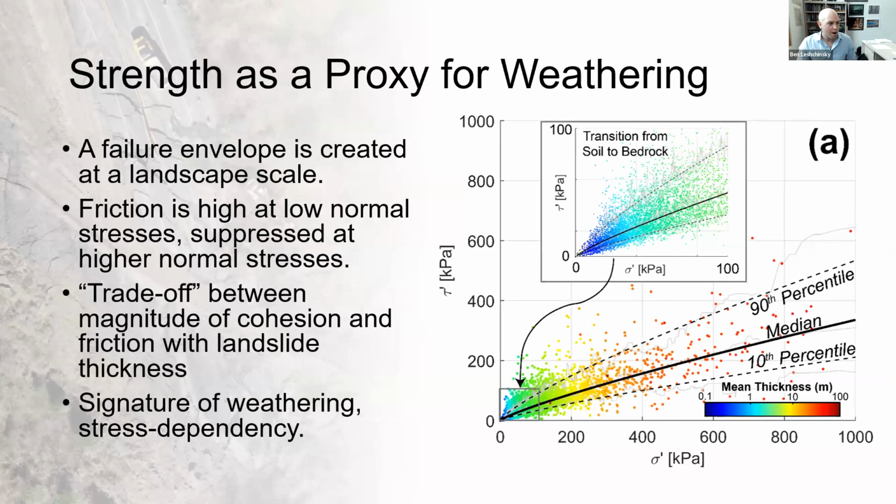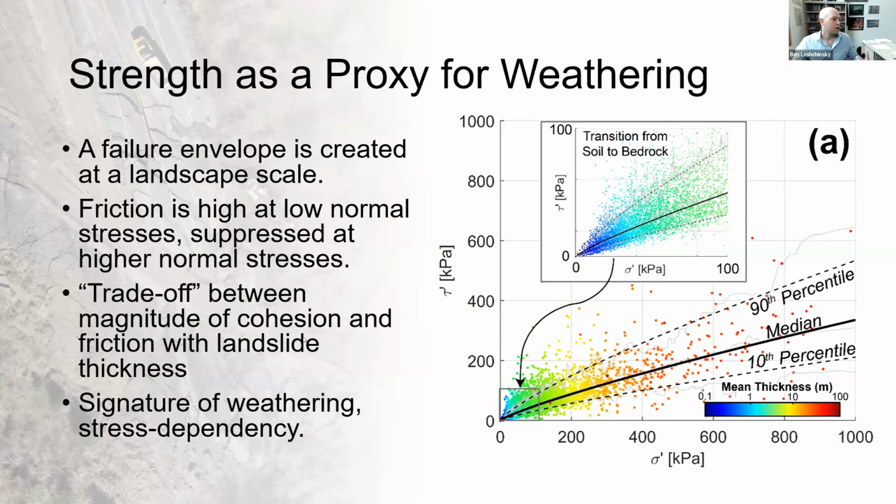When we take the strength properties and generalize it over the landscape, we can plot a failure envelope that relates mean effective stress and shear strength at the landscape scale. And what we see is a non-linear failure envelope. This might seem a bit strange, but it's something we observe in rock mass, as well as in soils where we expect dilation and a sensitivity to basically normal stresses.